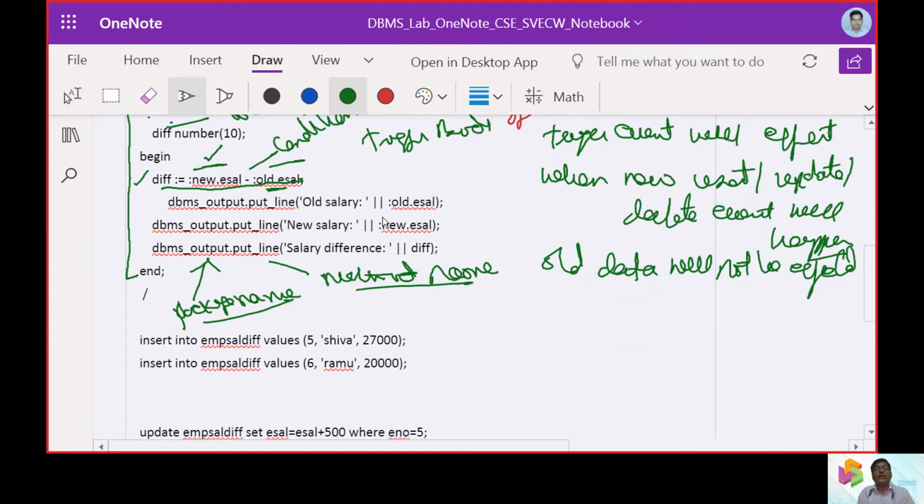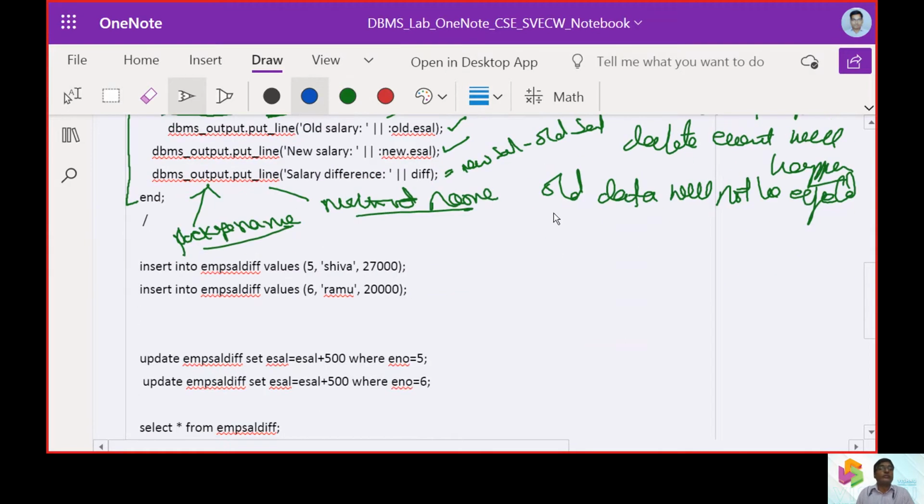So salary def, we are going to use the pipe, that is we are going to concatenate. First of all, we will display the old salary, then the new salary, and the difference salary we are going to compute, that is the new salary minus the old salary. So this is how we are going to move with this trigger.